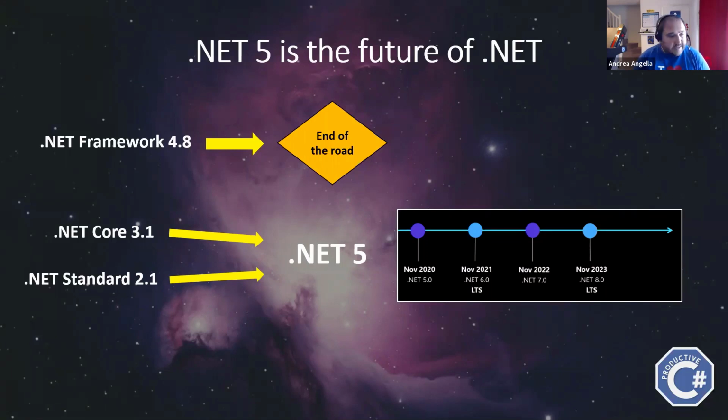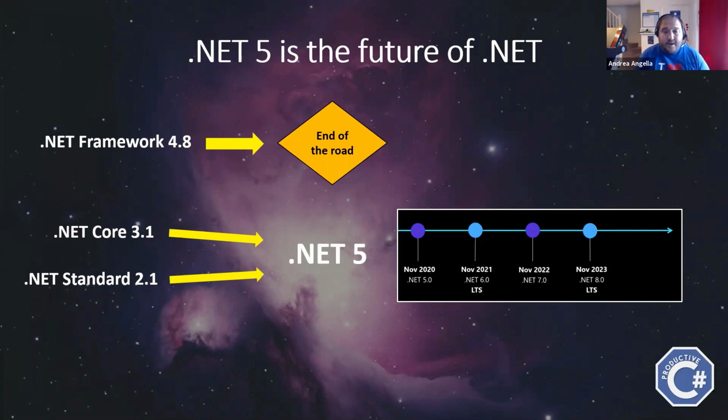And the same for .NET Standard. The .NET Standard was introduced in order to create libraries that could be consumed by different versions of the frameworks, by different runtimes. But in the future going forward, there won't be any need for .NET Standard. It will be just a single framework. So effectively, you can see .NET 5 also as the evolution of .NET Standard 2.1. So .NET Standard 2.1 is going to be the last version of .NET Standard. In the future, you will create .NET 5 libraries, and this library can be consumed by any future version of